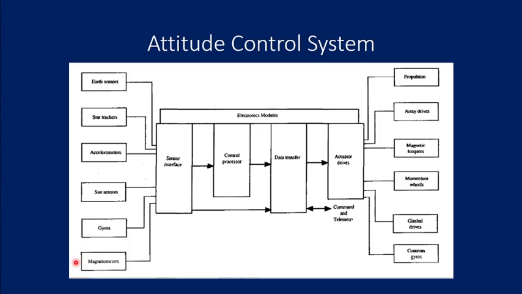Next one is the magnetometer. These magnetometers are used to measure the magnetic field and also to sense the polarity, to know whether the spacecraft is at the north pole or northern hemisphere, or south pole, or at the southern hemisphere, and also whether it is near the equator or whether it is near the poles of the Earth. So these are the 6 set of sensors, not just 6, there might be many other